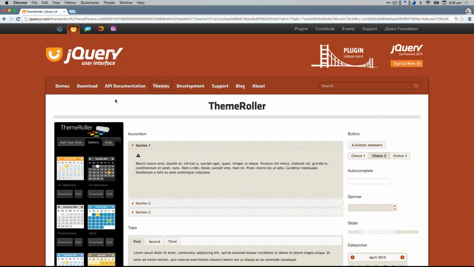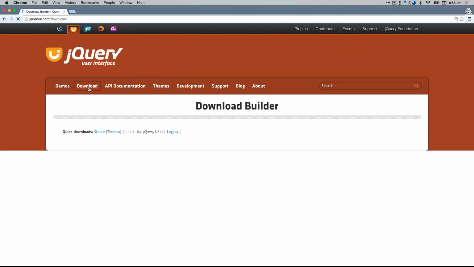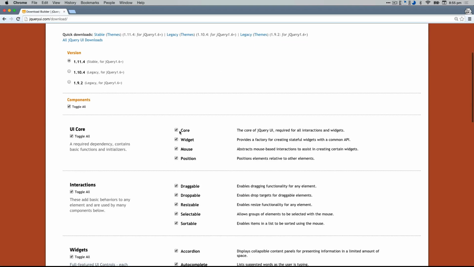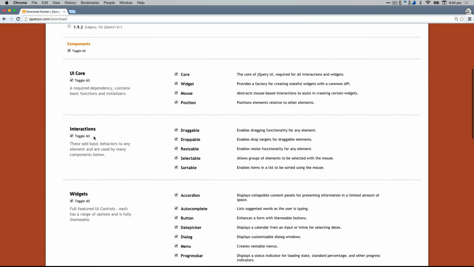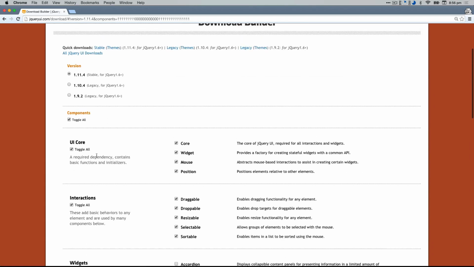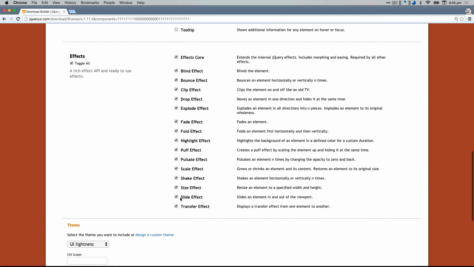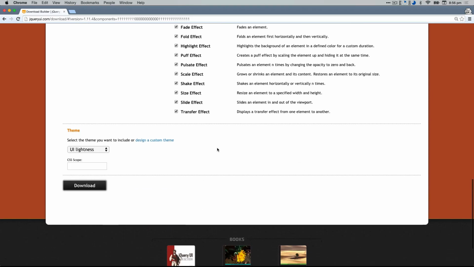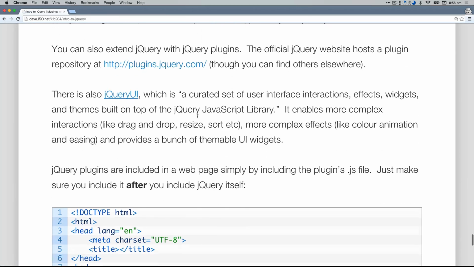They're all stored together in the jQuery UI, but when you download it, you can select and pick which parts you want. So if you don't ever want to use the widgets, but you do want, let's say, the drag and drop stuff, and you also want the effect stuff, you can just select those. Okay,